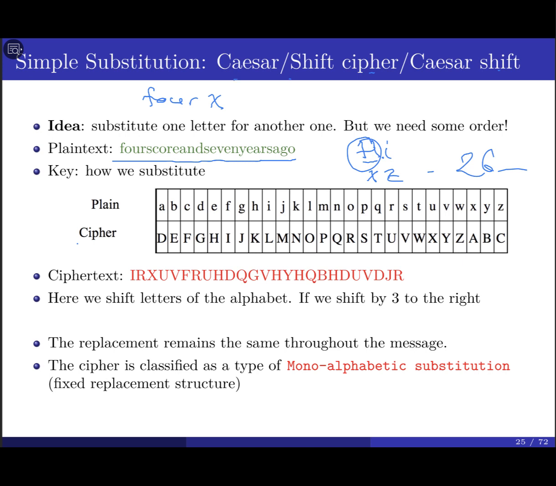In this case, you have to shift every single letter to the right by 3 letters. So if you have A, I'm going to shift 1, 2, 3. So A is going to be D, B is going to be E, C is going to be F, and etc. You see, so Z is going to be 3 letters, it's going to be A, B, C, and etc. Okay? So once you find whatever the plain text here, just map it to the corresponding ciphertext. This is how you can perform encryption.